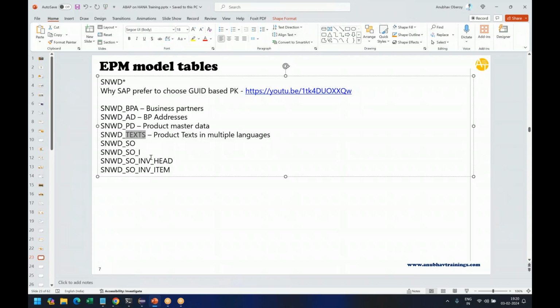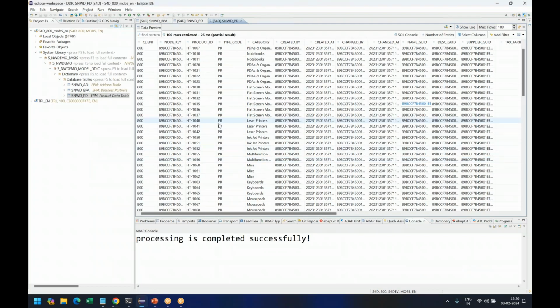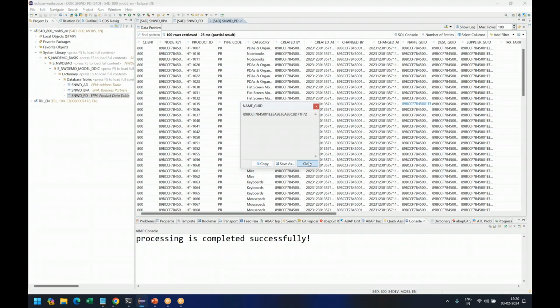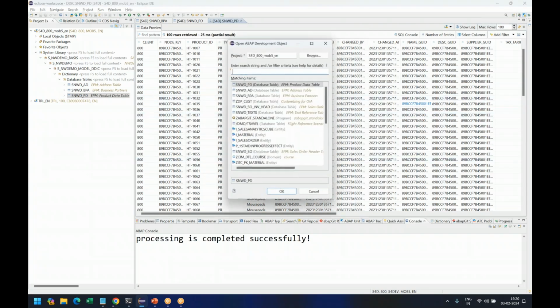It contains the same key as the main table, plus a language field where you can get the description or the texts in a different language. So that's this text table. I go back and copy this name GUID or description GUID, up to you. I can copy the name GUID, and then I can come back to this next table, the text table,